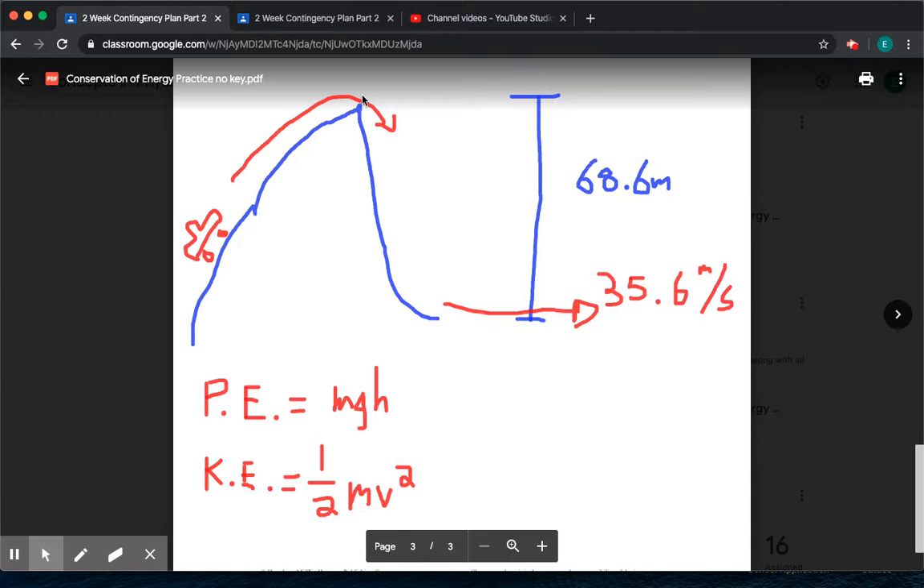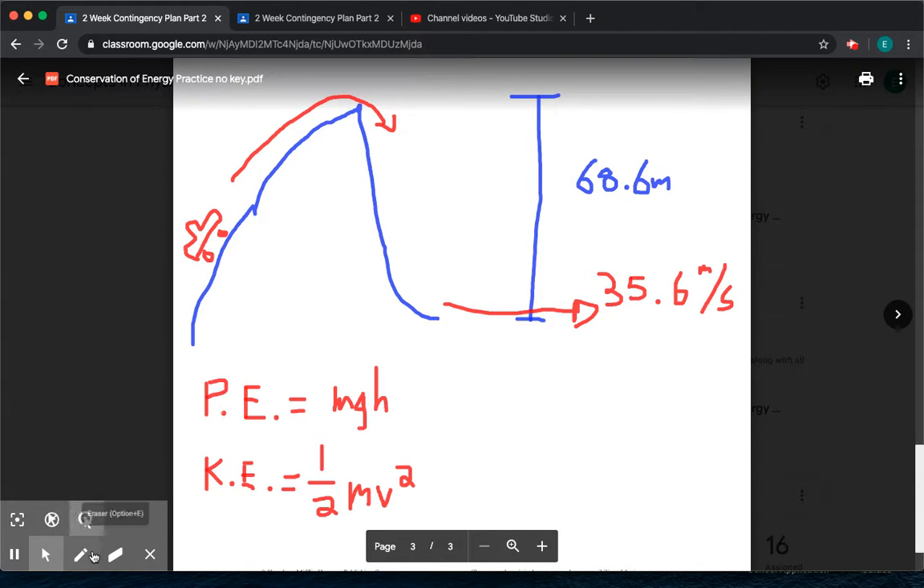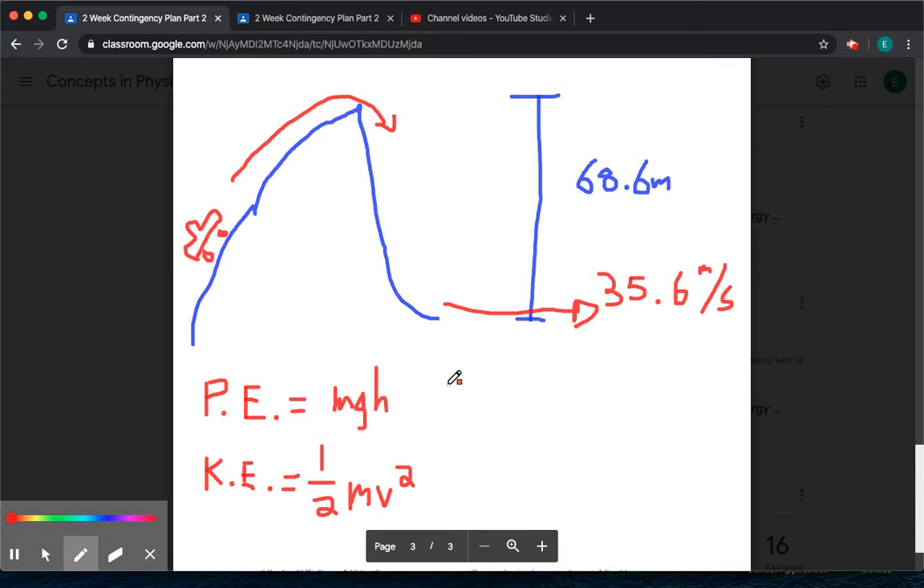Now, here's what I need you to understand. At the top of this hill, you have all potential. And when you come down to the very bottom, you have all kinetic. The potential energy is supposed to be converted all into kinetic, okay? So if you set these two things equal to each other, mgh is equal to 1/2 mv squared,